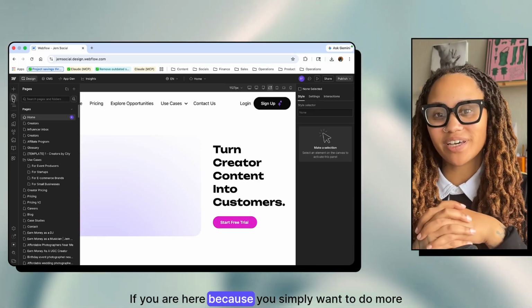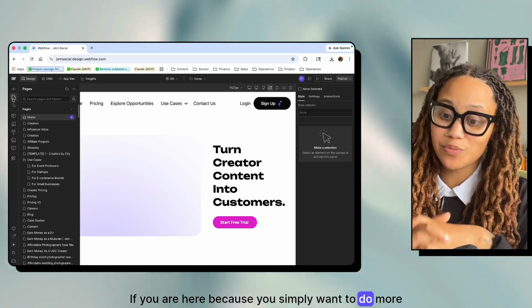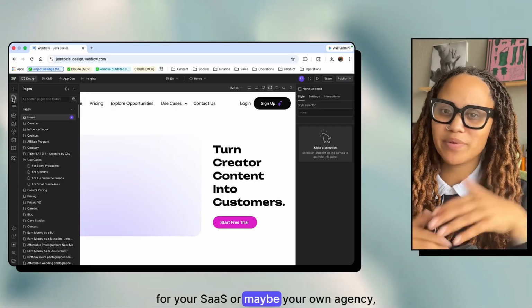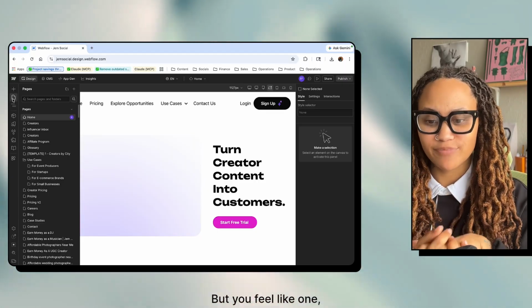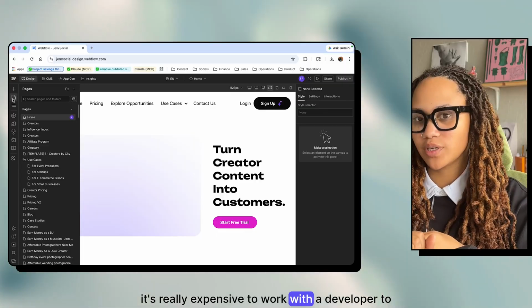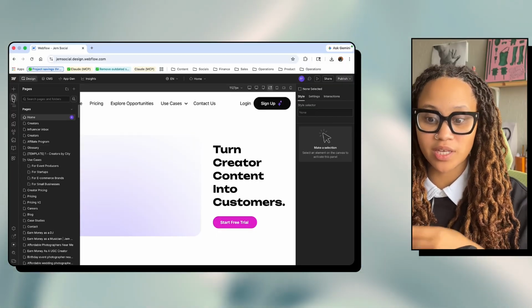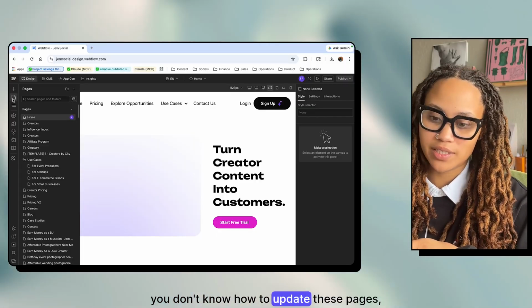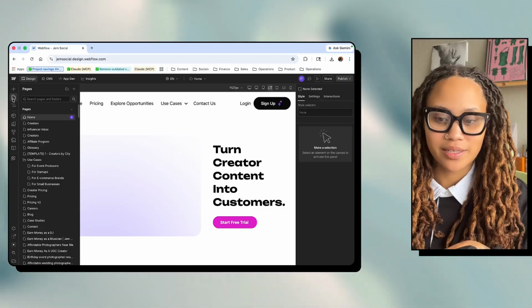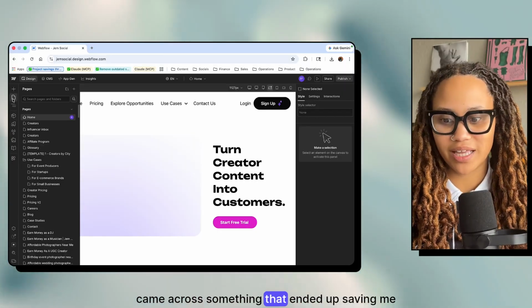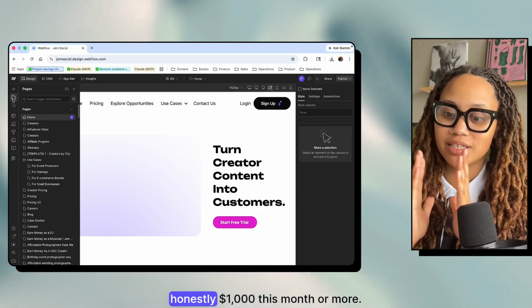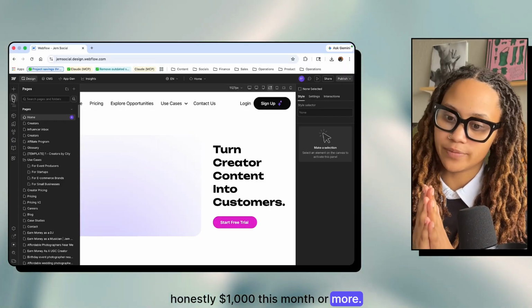If you are here because you simply want to do more for your SaaS or maybe your own agency website, but you feel like, one, it's really expensive to work with a developer to keep updating these pages, and two, you don't know how to update these pages, but you know how to prompt, then you're in the right place, because I recently came across something that ended up saving me, honestly, $1,000 this month or more,